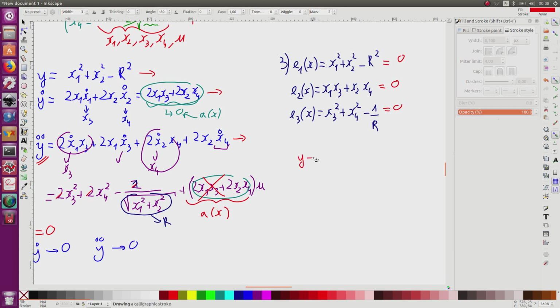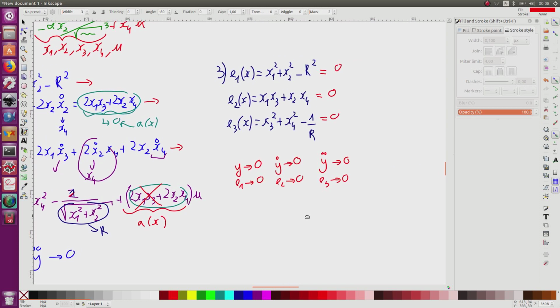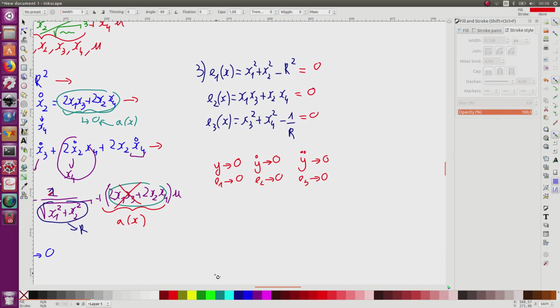So what I mean here is that if y converges to 0, if y dot converges to 0, if y dot dot converges to 0, then of course I will have E1 converge to 0, E2 converge to 0, E3 converge to 0, and in the expression of E1, E2, E3, I do not have any more singularities. So I would like to cancel the 3 of them. Now I have to note that